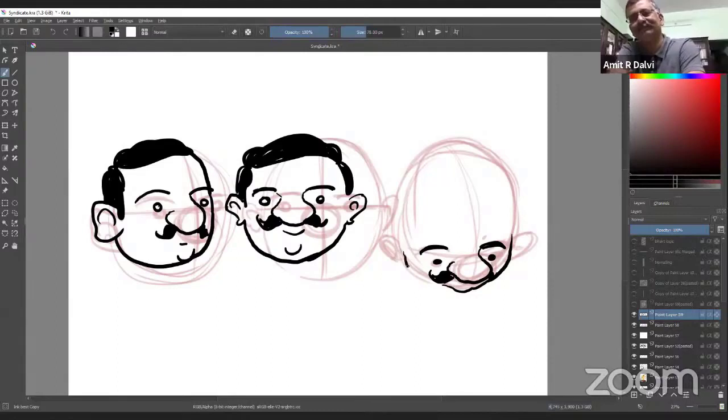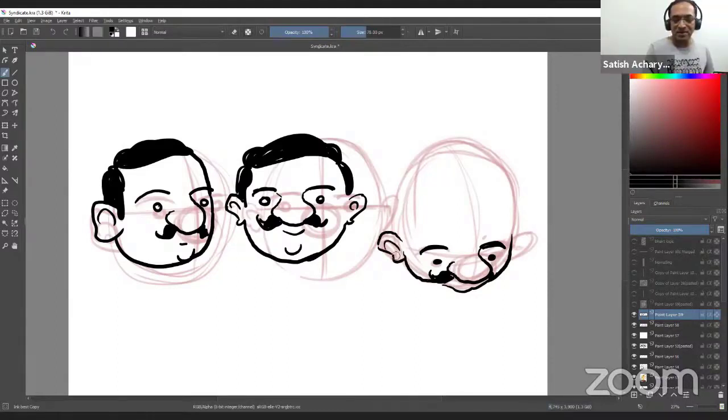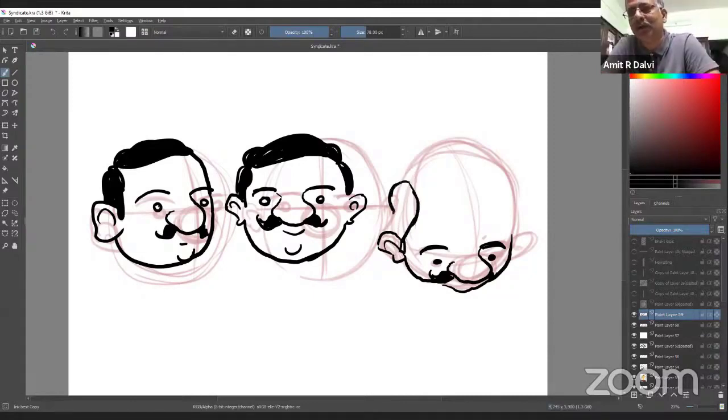So with practice, you'll get it. You'll master it. I'll later send you what I have drawn. Yes, with this technique, I think I'll be able to make it.